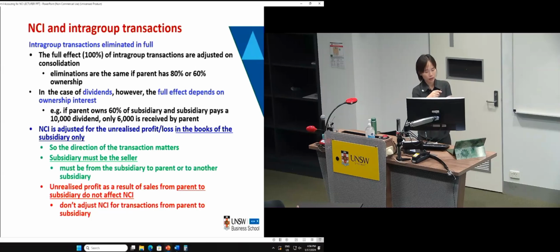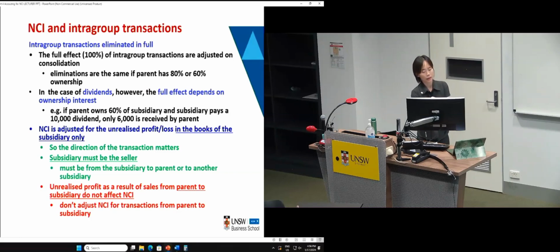All right, now let's move on to have a look at the final issue we are going to deal with here, which is the stage 2 NCI adjustment. Whether we need a stage 2 NCI adjustment depends on who is the seller in this intragroup transaction, and whether there are any unrealized profit or loss in the records of the subsidiary's accounts by the end of the current year. Now, the existence of NCI has no direct impact on the elimination entries we have learned in the previous session.